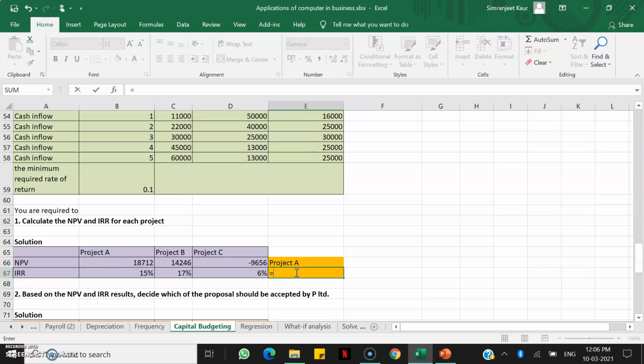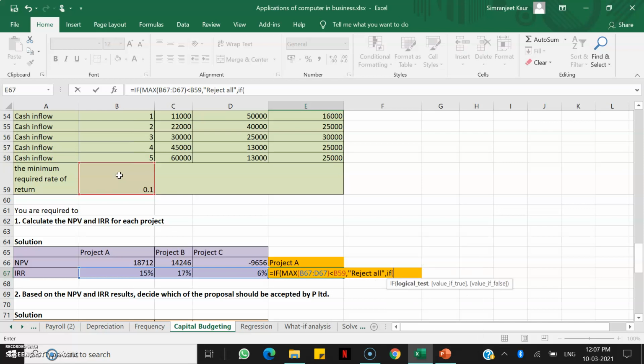Now I'll put in a similar formula for my IRR. So if the maximum of these three is less than my minimum rate, right, then write reject all.